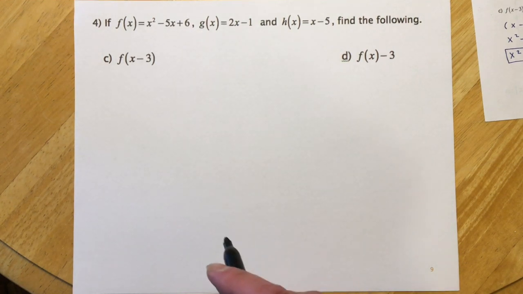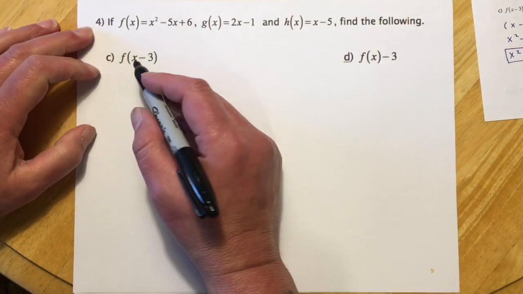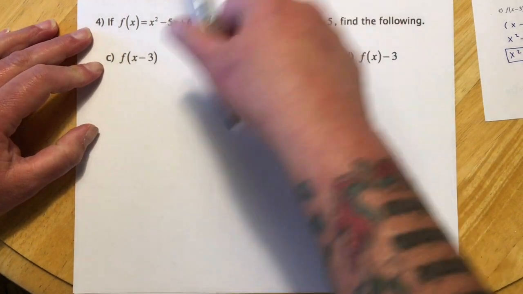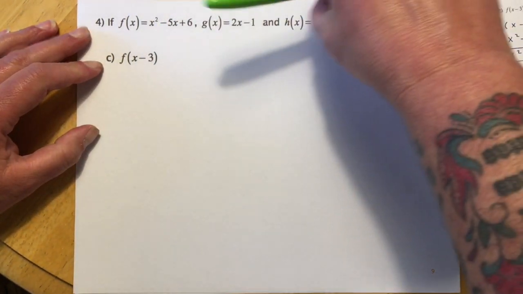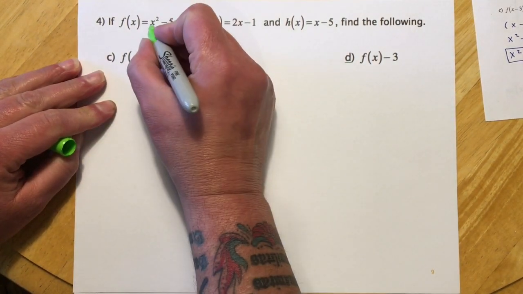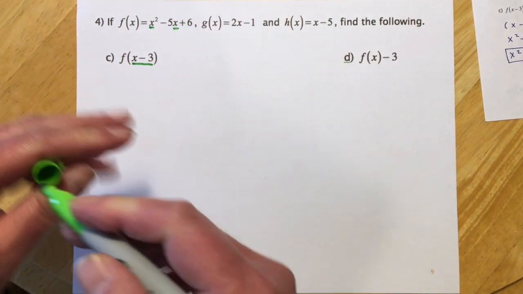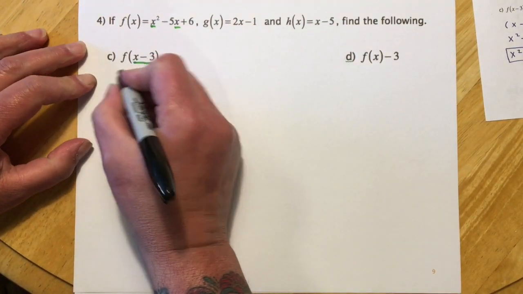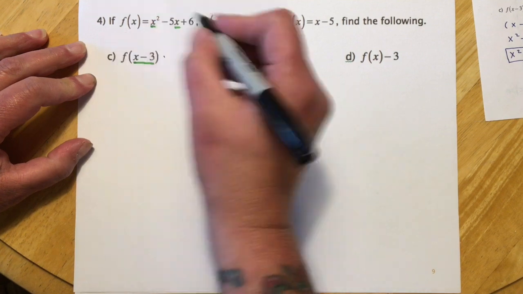Okay, so then these ones are plugging in something other than a number. So this is saying find f of x minus 3. So this whole thing right here is the new x. X minus 3 is the new x. So it's going to go there and there. So then f of x minus 3,